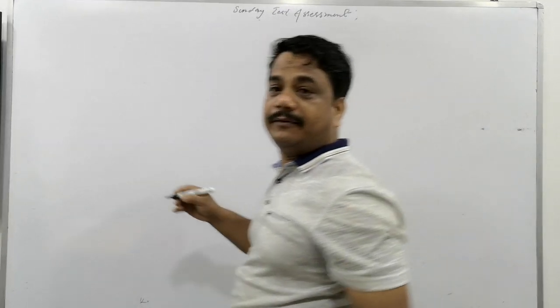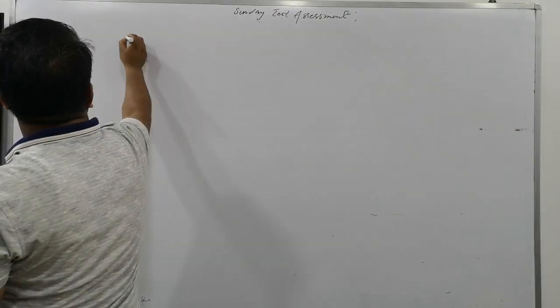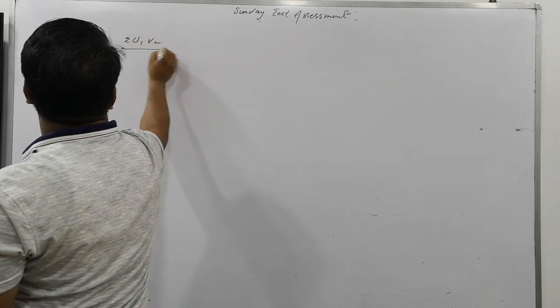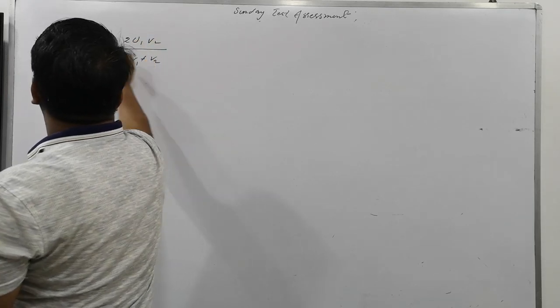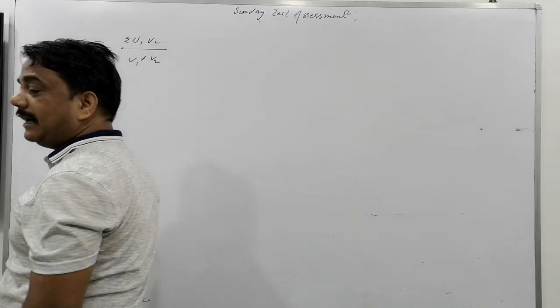The formula I told you for average speed is 2v1v2 divided by v1 plus v2. This formula can be used for average speed if equal distance is traveled with both speeds. This is the general formula, but in case you have not seen the video from Friday or Saturday, I told you there that the basic formula for solving is total displacement over total time.